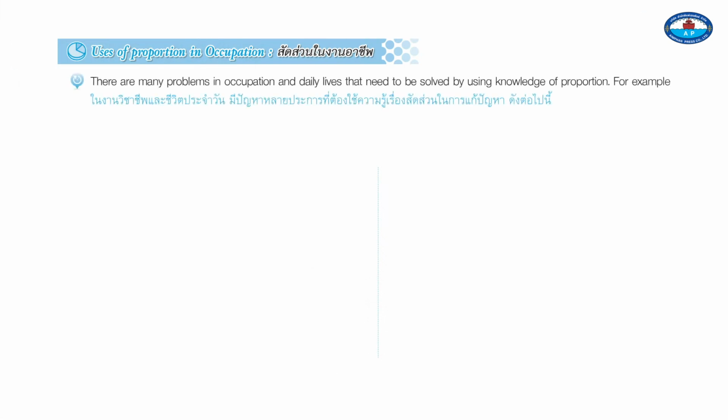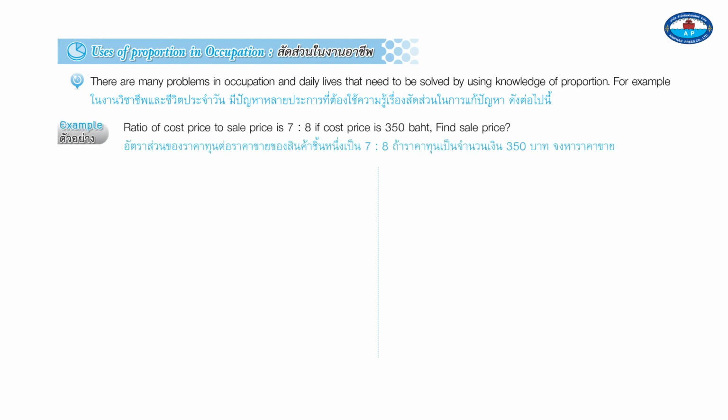Uses of proportion in occupation. There are many problems in occupation in daily lives that need to be solved by using knowledge of proportion. For example, ratio of cost price to sale price is 7:8. If cost price is 350 baht,